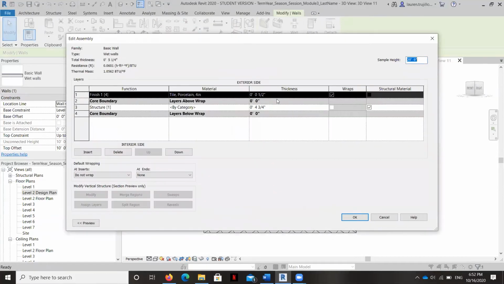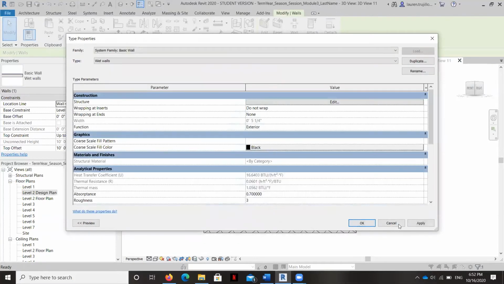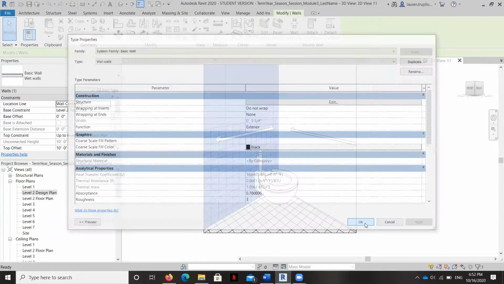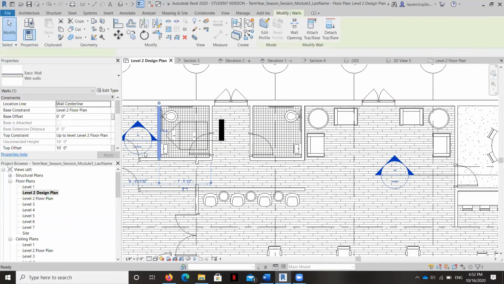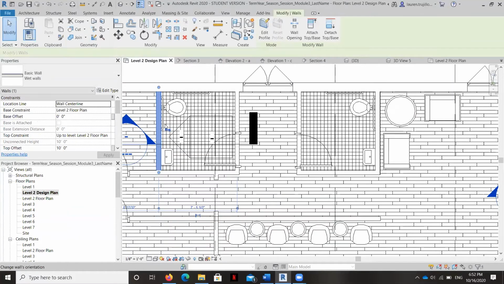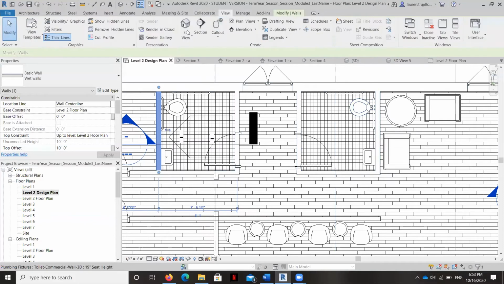Remember, we created that layer right here. It was a 1/2 inch. So what's funny is that if you look at the floor plan, we have selected it so that that finish is on the inside of the wall. It's not on both sides. So what's funny is Revit says, okay, with this wall type, this wet wall, the finish is going to be, for lack of a better way of describing it, on the right side. So if I look at a camera view of this wall, is it going to be on the left side or is it going to be on the right side?